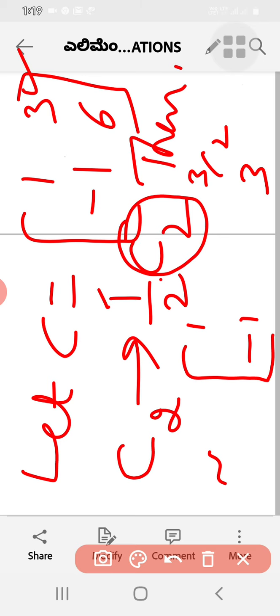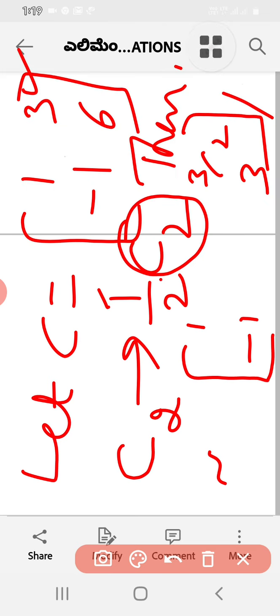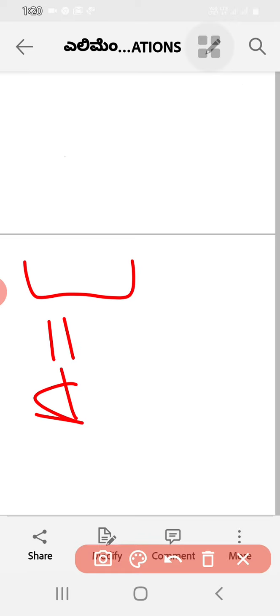6 by 2 means what? 3. I hope you are understanding this point clearly. So this is 1, 3 by 2, minus 1, 3. So this is the matrix after elementary transformation. Okay. Then, as I told in the first point here, if we take a matrix here,